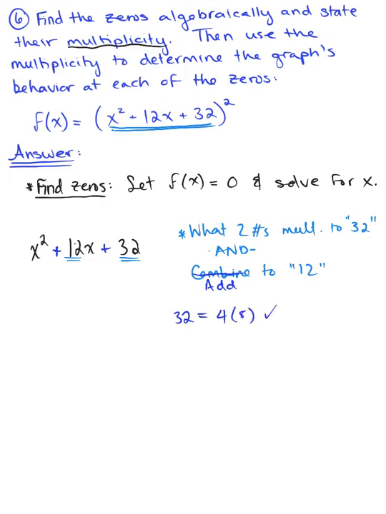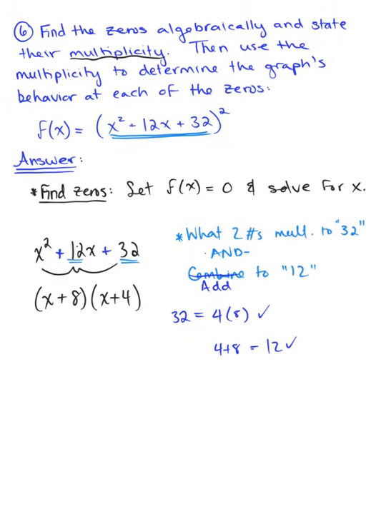So that works. Now let's check the sum of those two. So we know that 4 plus 8 equals 12. Woohoo! So those two factors are going to work. That means that this polynomial expression here is equivalent to x plus 8 times x plus 4. So now that we've done our scratch work, let's plug this back into our function and think about what's